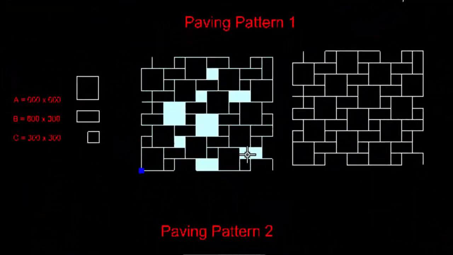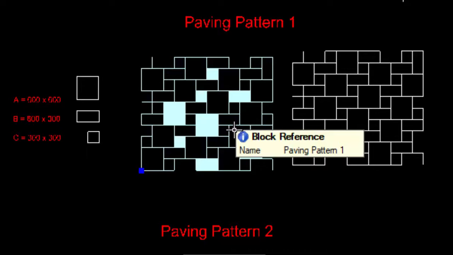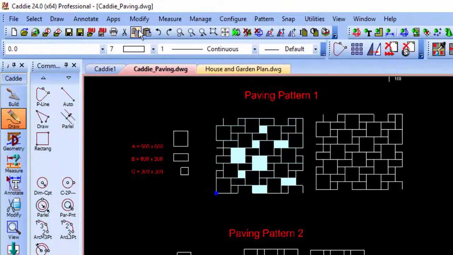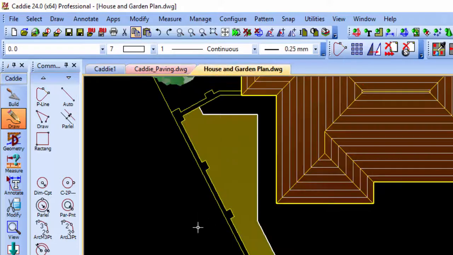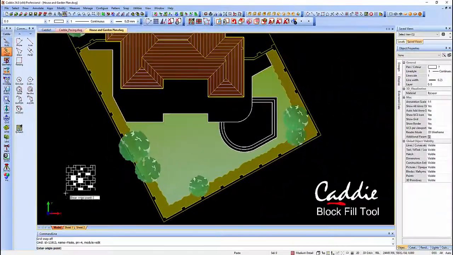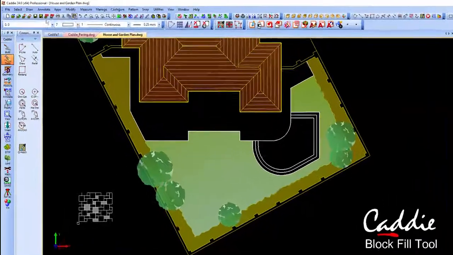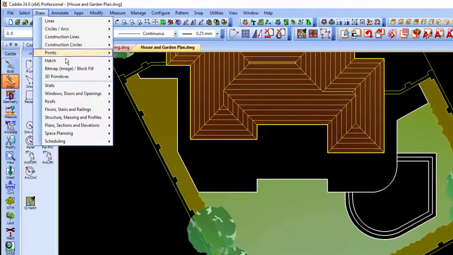So these are blocks there, and you'll see that they have a particular pattern name, so we can simply copy and paste that into our drawing. So I'll just copy it there and then just paste it into the drawing here. So there's my block paving arrangement, and then I can go to the draw tool,